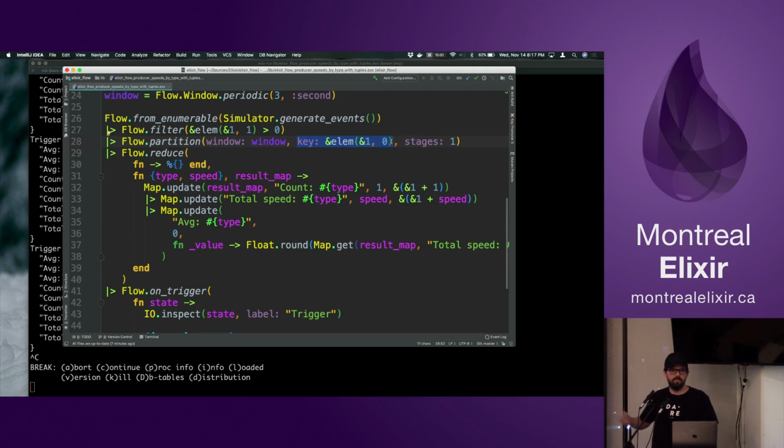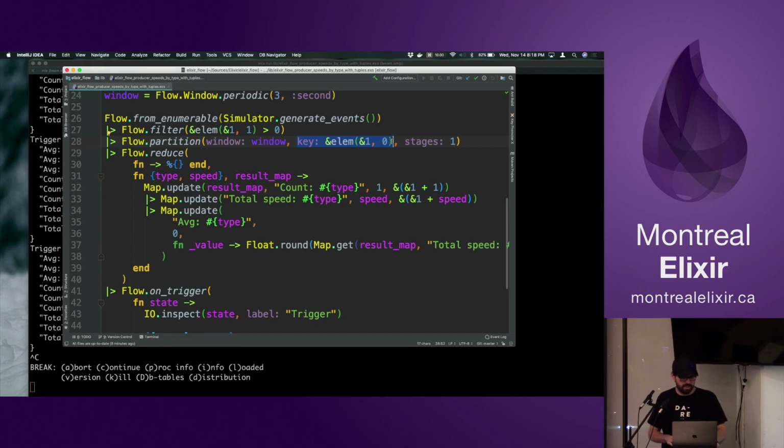In our case, it's not nice because the same type with different speeds is gonna go to different places. In this case, I'm just saying, okay, the key, you're gonna group those together by type of the vehicle. So it knows internally which reducer is gonna reduce the cars, the trucks, the motorcycles.